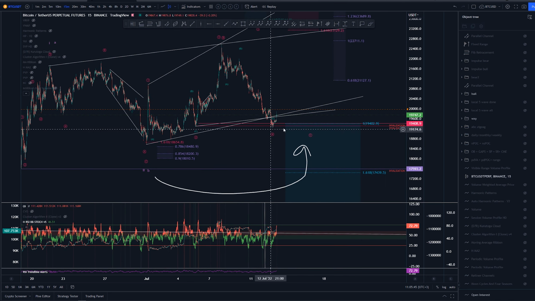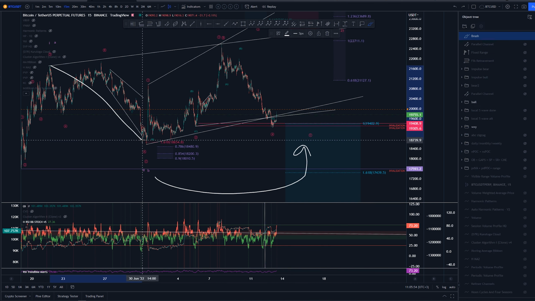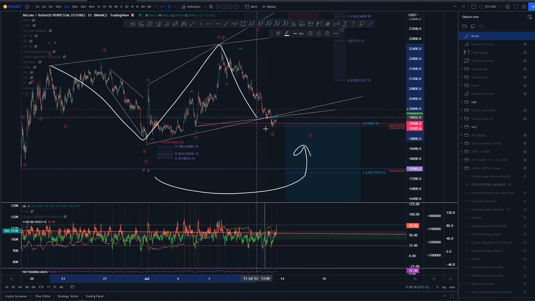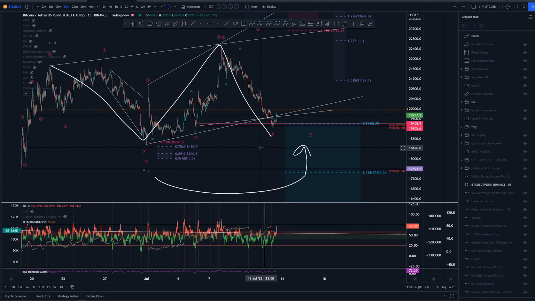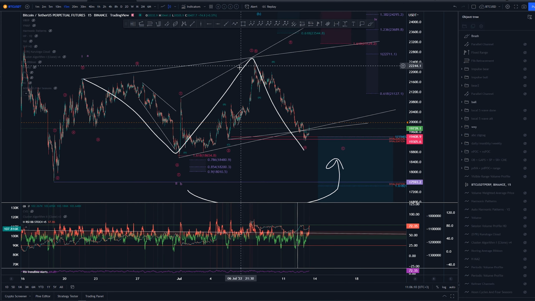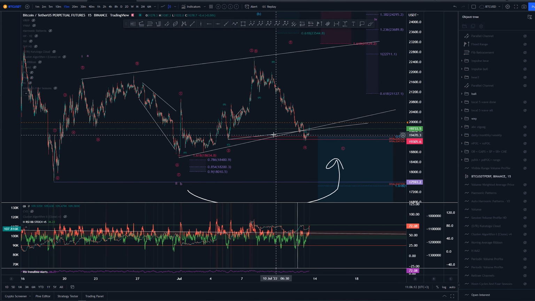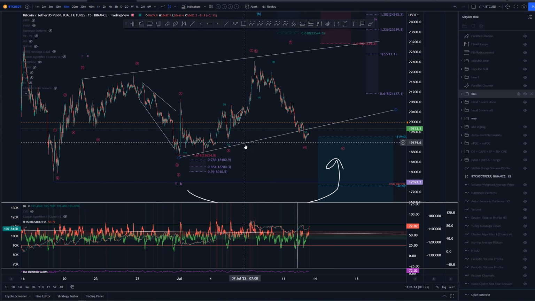This was invalidated when the price got below the 1-to-1 extension here of the move from these highs here to here, and then again here. So in contracting diagonals, the wave 4 should never be larger than wave 2, which in this case it did go beyond it, and now those are both invalidated. So what we can do is remove both these scenarios from here,